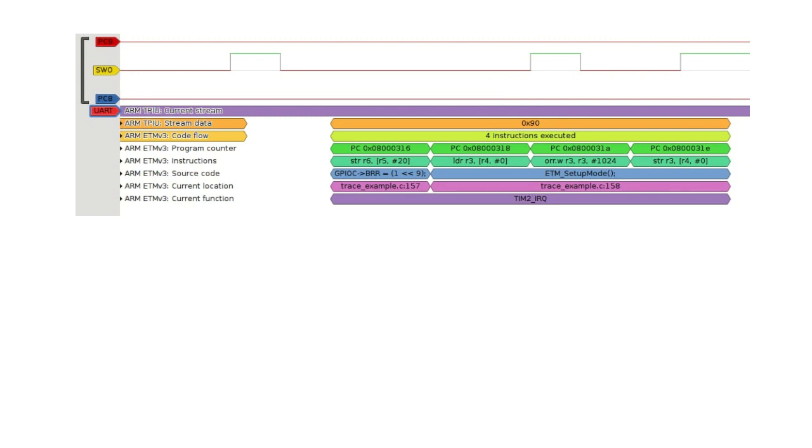It shows the program address, the instruction executed, and the source code line they correspond to. You can see, initially it was program counter, next it was instructions, next it was source code, and next it was current location.